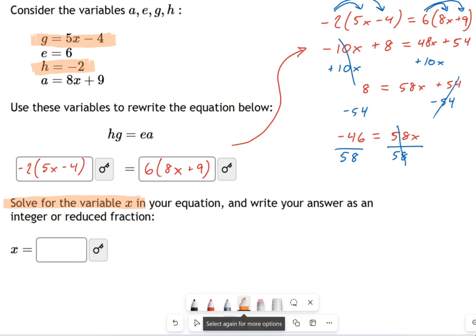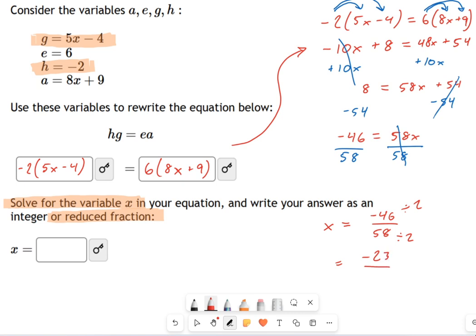But I would really prefer you keep an eye on this where it says reduced fraction. Okay, so yes, x is negative 46 over 58. But maybe let's be a little careful and divide top and bottom by 2. Okay, what do we get? We get negative 23 divided by, I think, 29. Okay, so that should be our answer. Negative 23 over 29. Watch out that reduction at the very